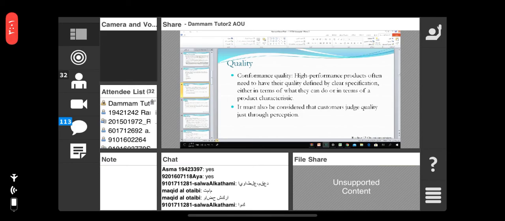يعني ايش؟ you have to look for the quality of product in your organization أول حاجة first of all, because it must be considered that the customer judge quality just through perception. مش إنه إيش بس يشوف البرودكت and he judge the quality. He doesn't know exactly it work very well or not, right? In this perception you need to make sure your product